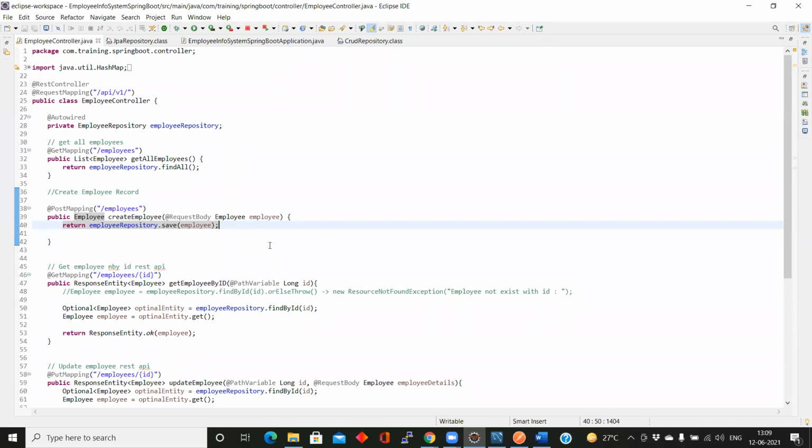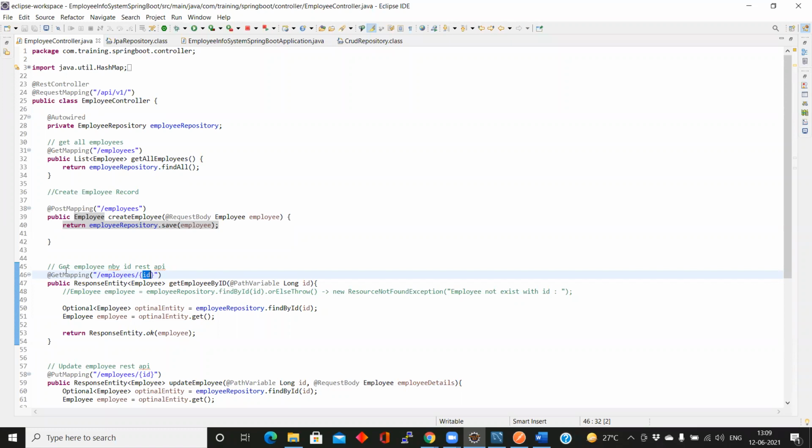Yes, sir. Next task in the CRUD methods: I need to fetch the value based upon a single ID. I want to get the value of a particular employee, so I need to send the ID value. In normal JDBC, what do we do? Select star from table name where ID equals this ID. So based upon the ID value, we need to fetch the value.